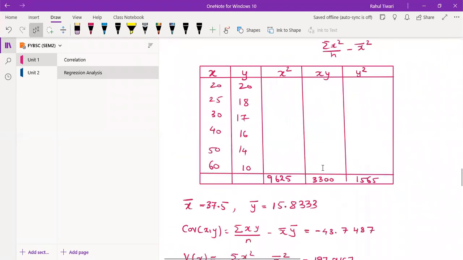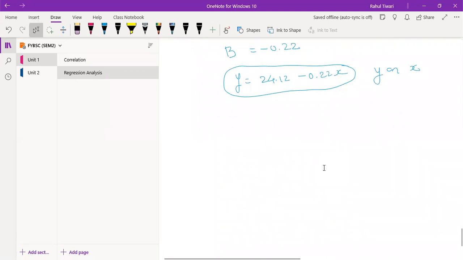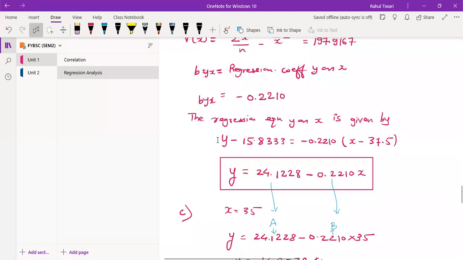Yes, let me know. Anyone having any questions so far related to the practical problem and the problem solved using calculator? Or you want to know one more time using calculator? Because the procedure is the same. If you know how to do it for R, you know how to calculate for regression. So when you do it manually, using this equation, this is the value of A and this is the value of B.